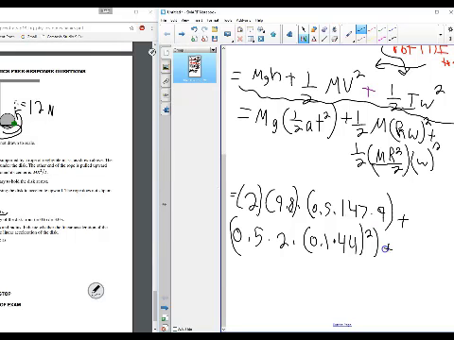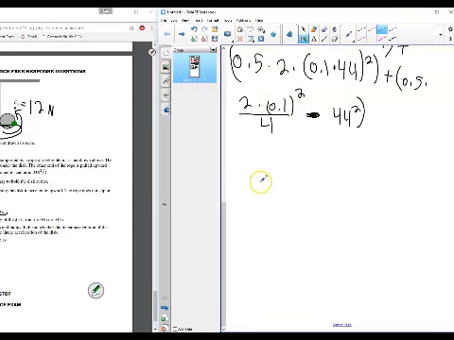And then we add that to plus 0.5 times, well, that's just 2, all including the parentheses, times our 0.1 squared. So really this is just plugging and chugging. At this point, you should be able to do this. Times, that's not a plus, sorry, 44 squared. Okay, out of that whole mess, you should get, as a final answer,